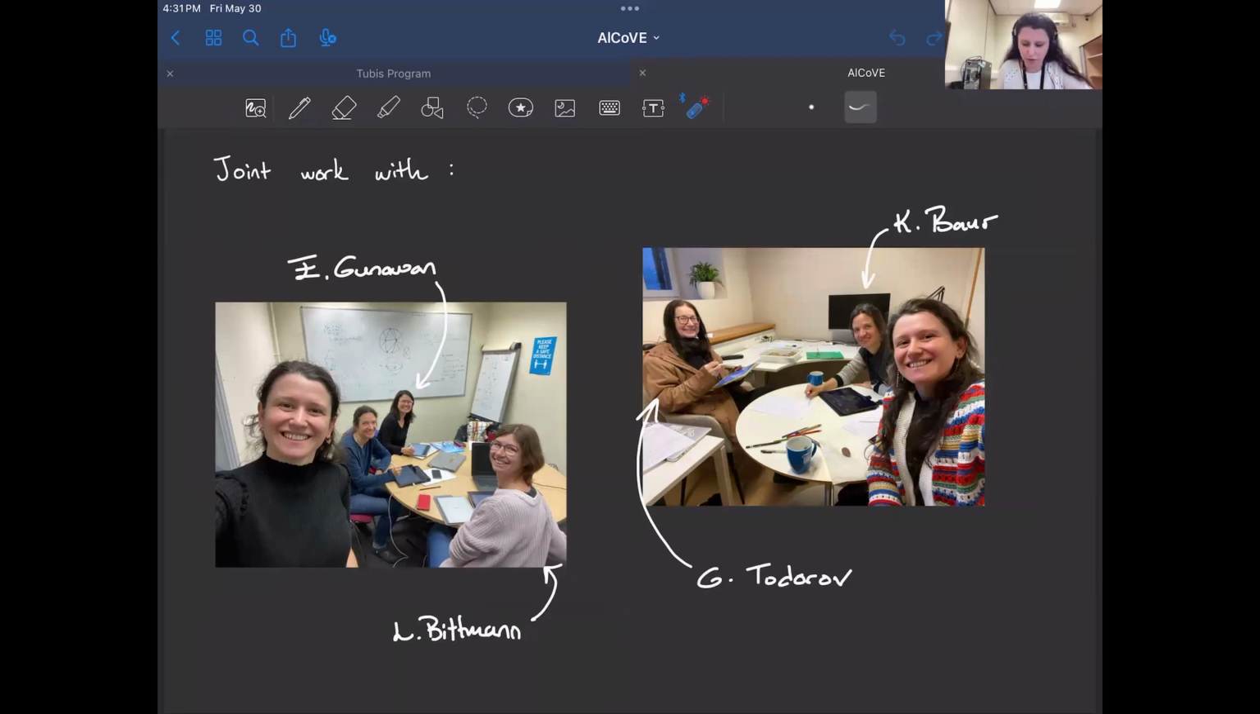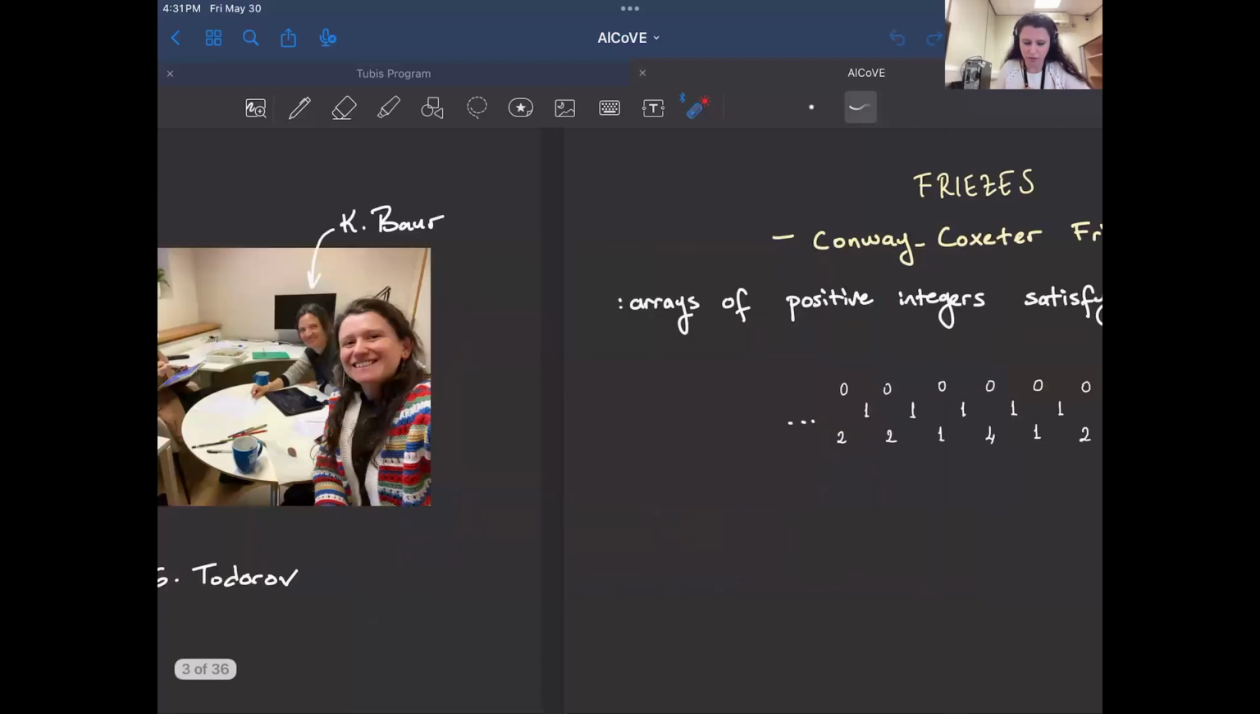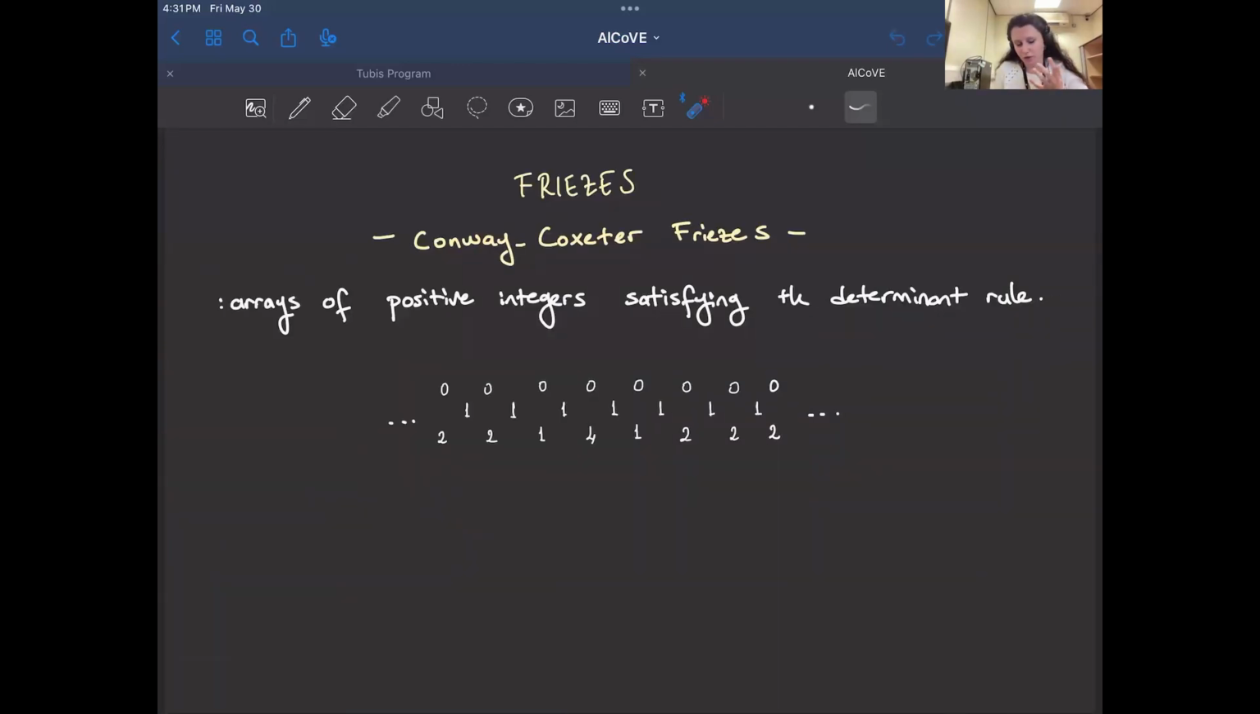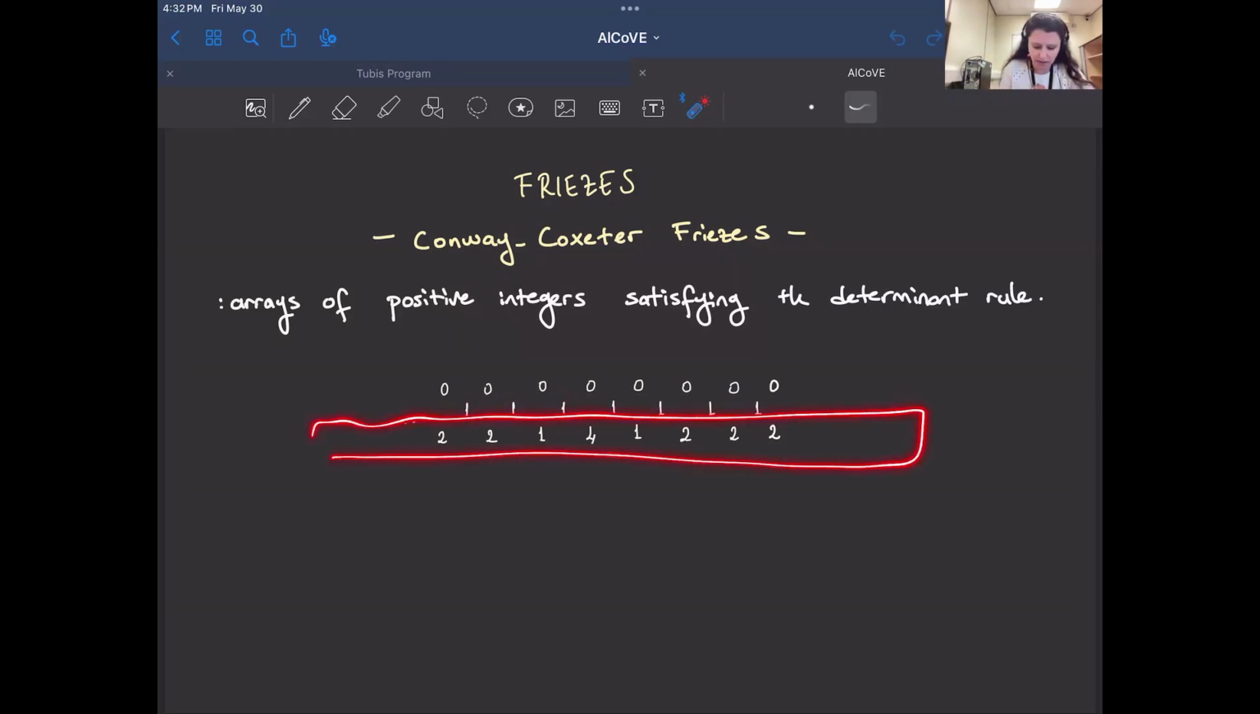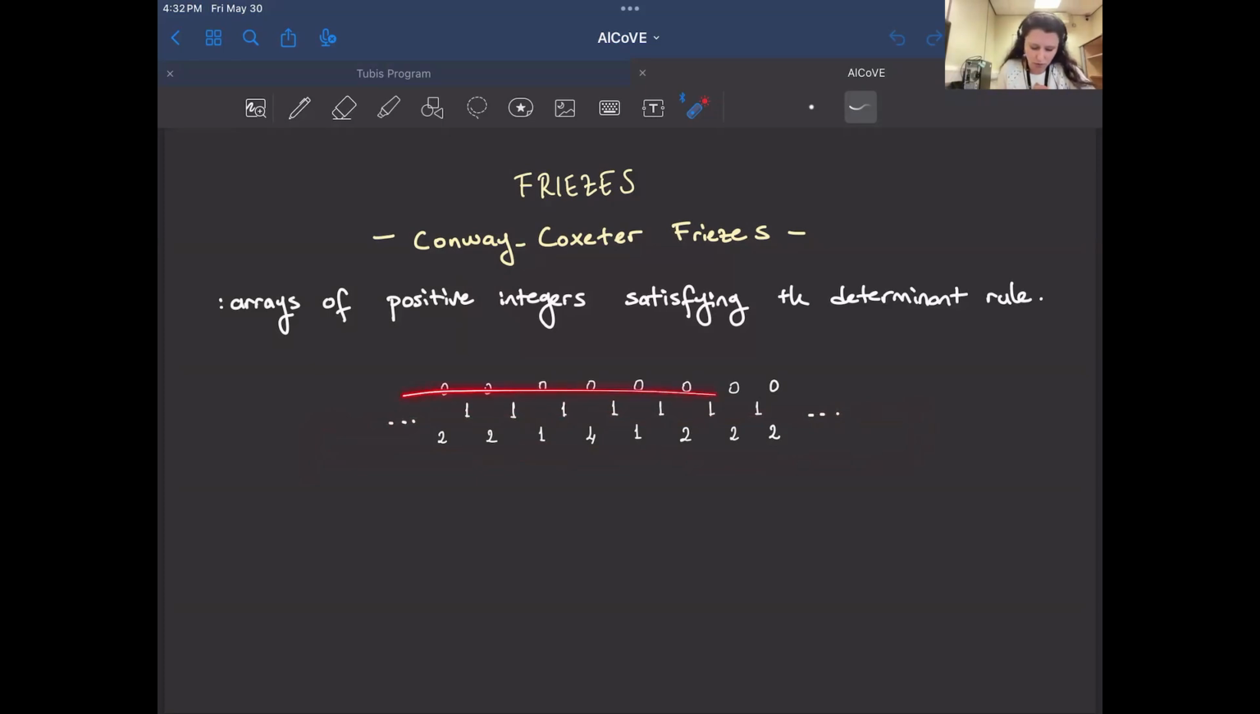Okay, I'll first introduce you to the main object we will be talking about, friezes. The first definition we can reference is Conway and Coxeter. These combinatorial objects are just arrays of positive integers. We always start with an infinite row of zeros and an infinite row of ones, stacked in this fashion. And then we write some numbers in the third row, row by row. After a row of zeros and ones, we put some